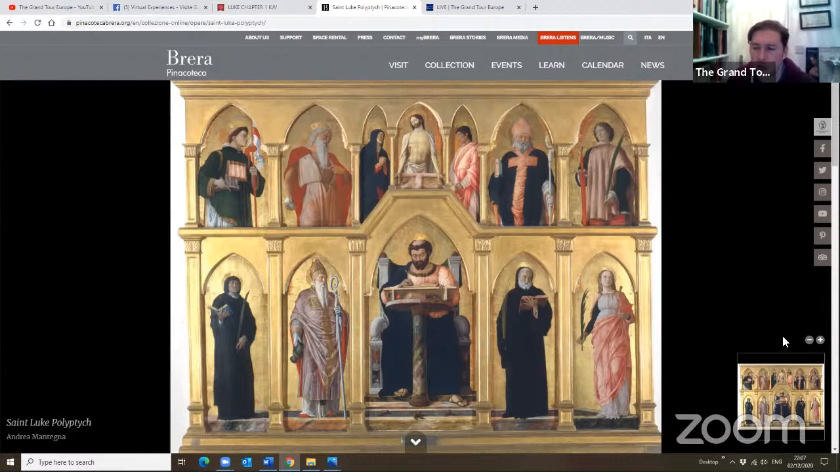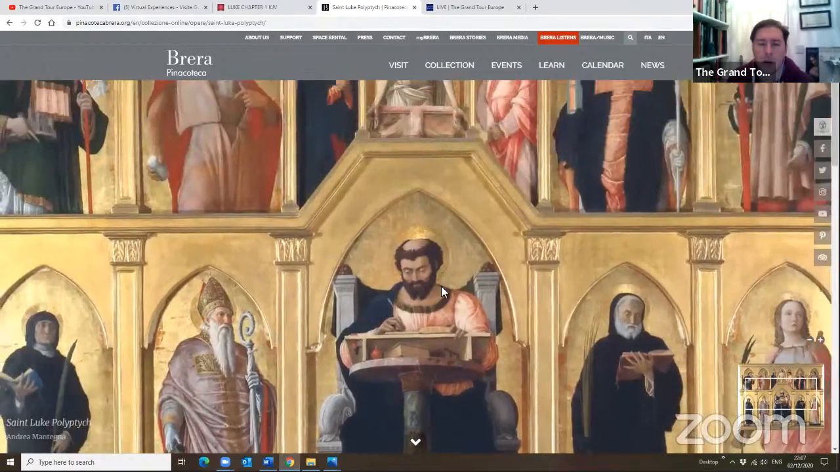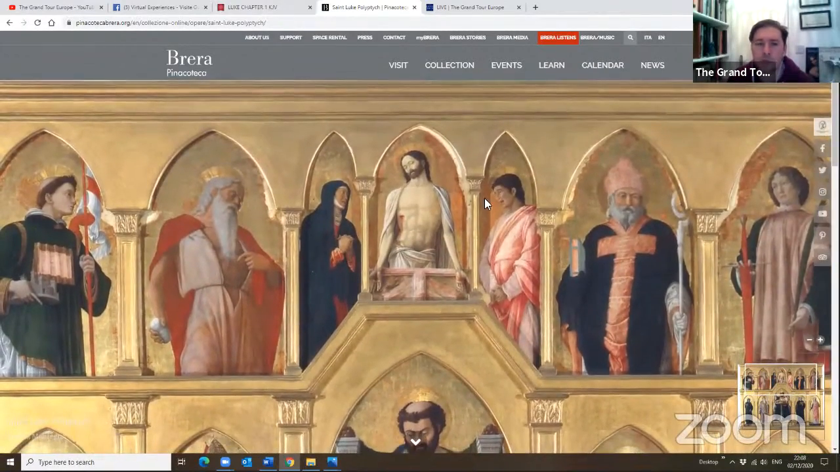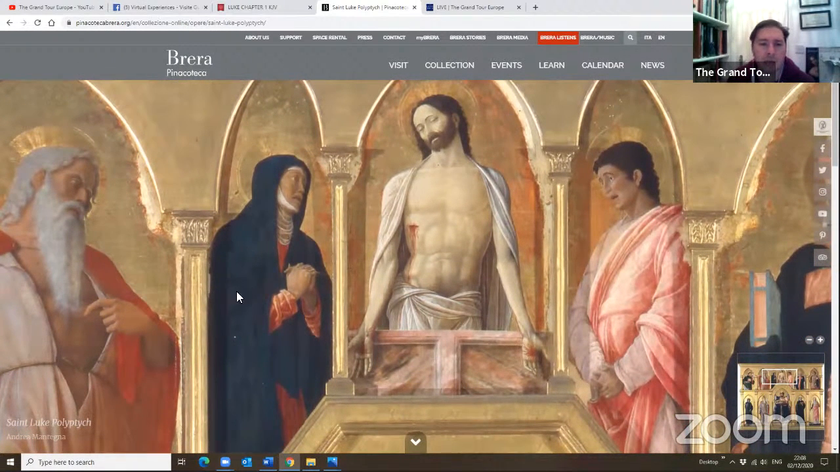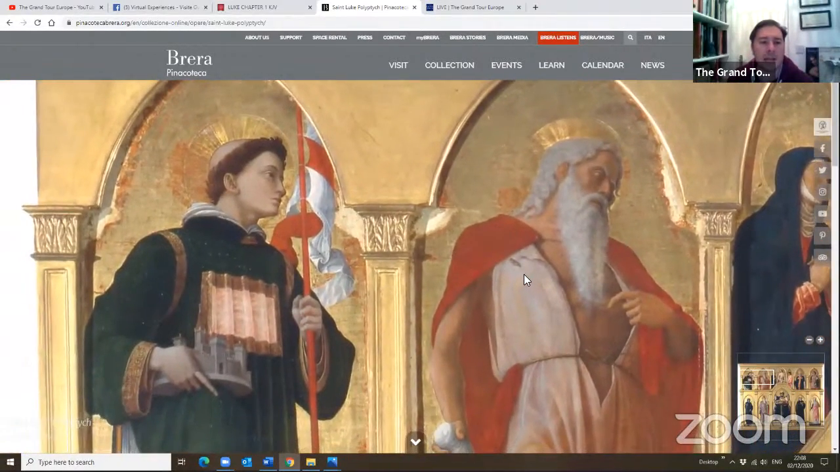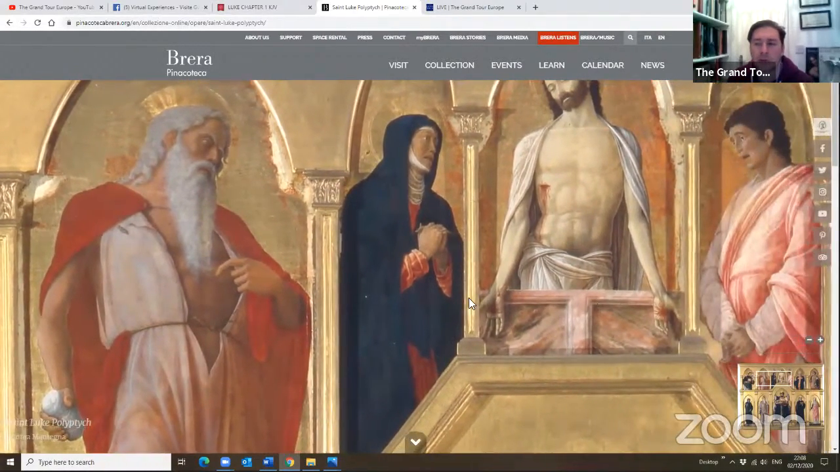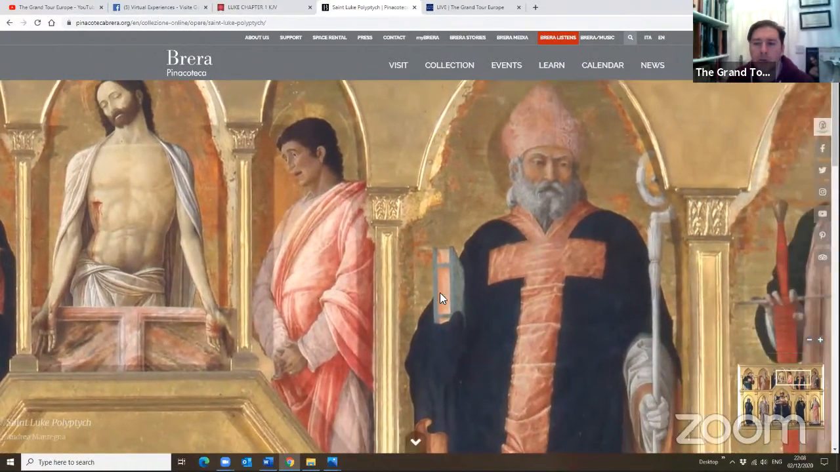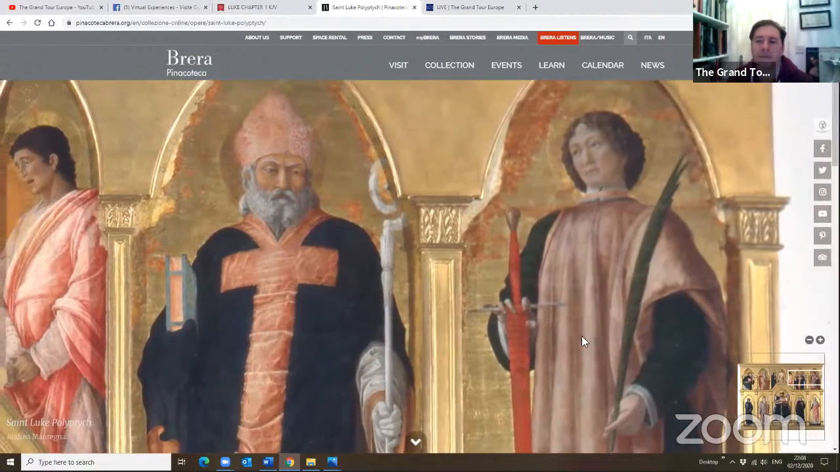Now you see that on the top, they're basically divided in two scenes, with Saint Luke being the main one. At the top there is the Pietà with Christ and the tomb, and then on the left you have the Virgin Mary with this expression of pain, and on the right you have Saint John the Baptist. Then a number of saints, Saint Daniel. Then we have Saint Jerome with the stone and the red cape of a bishop. Then we have Saint Augustine, of course, with a book and the staff, and then Saint Sebastian with the palm